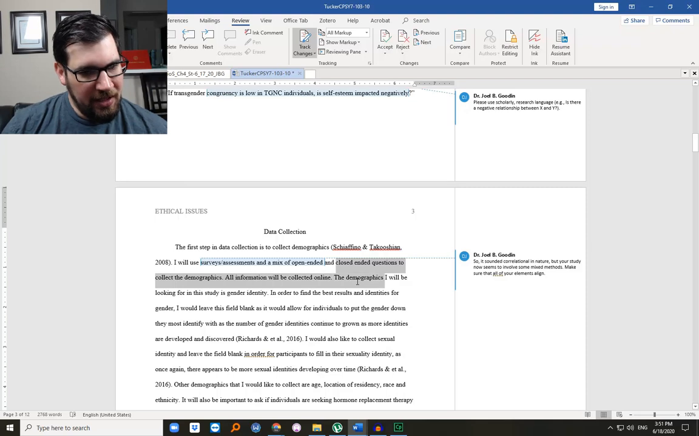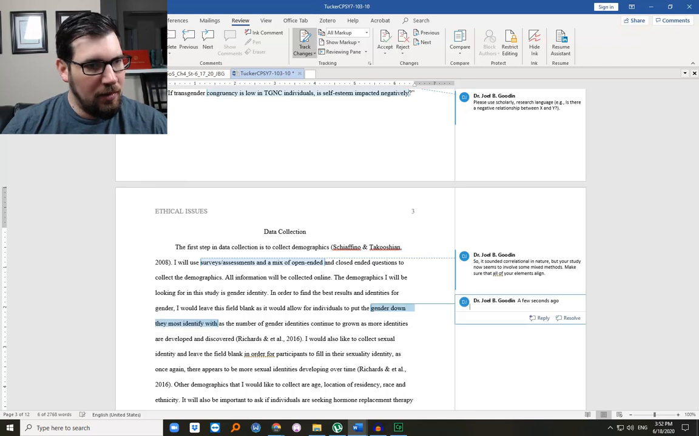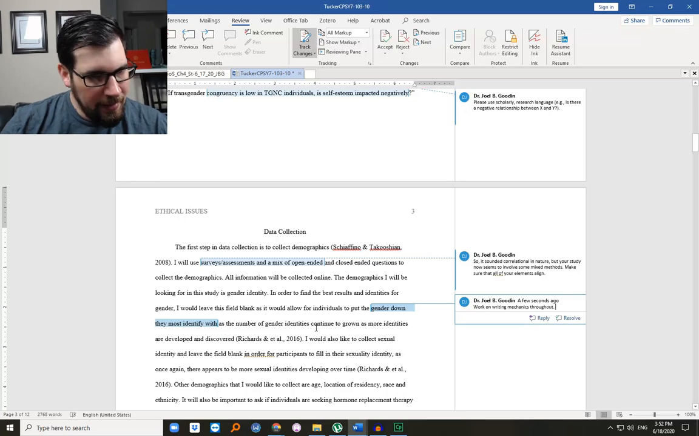All information will be collected online. The demographics I'll be looking for in this study is gender identity. In order to find the best results in identities for gender, I would leave this field blank. Okay, as it would allow for individuals to put gender down. Okay, work on writing mechanics throughout to grow